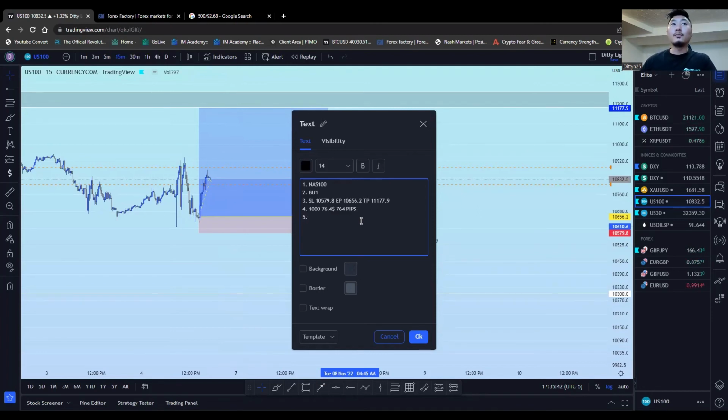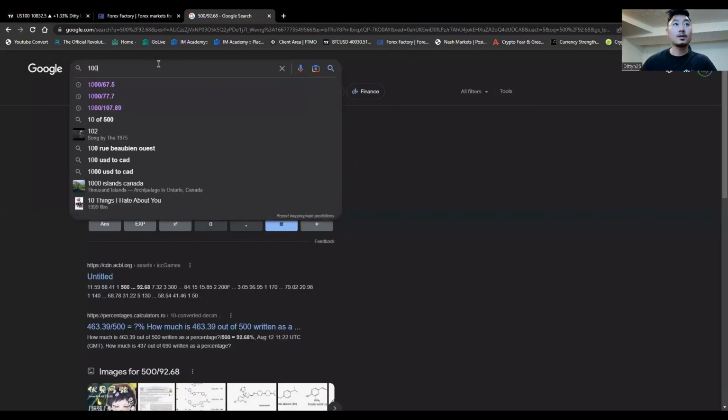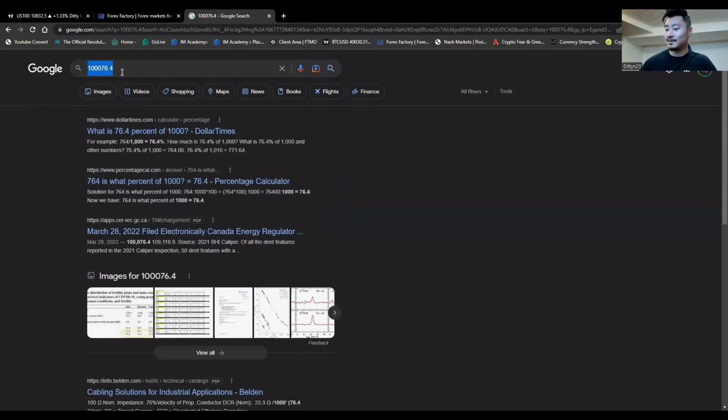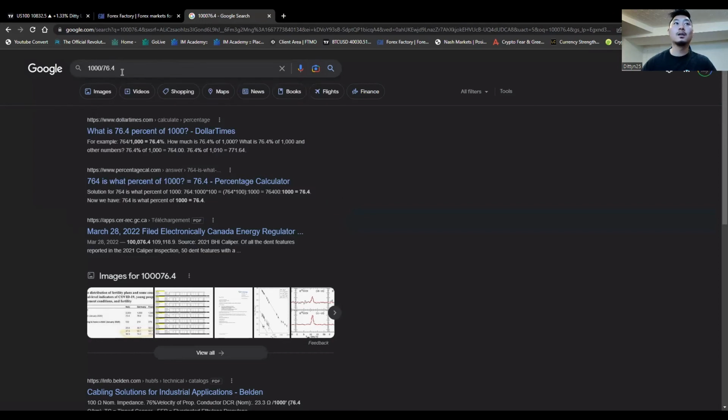And then for NASDAQ and also US 30, so for NAS 100, US 30, Dow Jones, it's the same formula. What you do is 1,000 divided by the amount of money that you're risking. So what is the amount of dollars that I'm risking? It's 76.4. All right, there you go. So 1,000, which is 1%, divided by $76.4 of movement on NAS will give you,